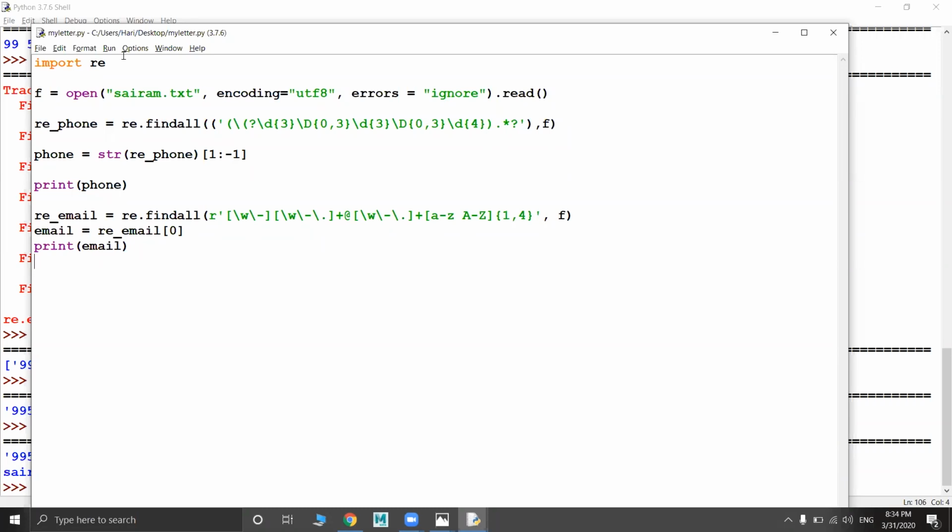Guys, is it clear? This is what I wanted to say: how to get information using automation, like using Python code from text files. How can you retrieve it? This is what Naukri or other job portals are doing to retrieve your first name, last name, phone number and email ID. I wanted to show that. So I delivered my content.